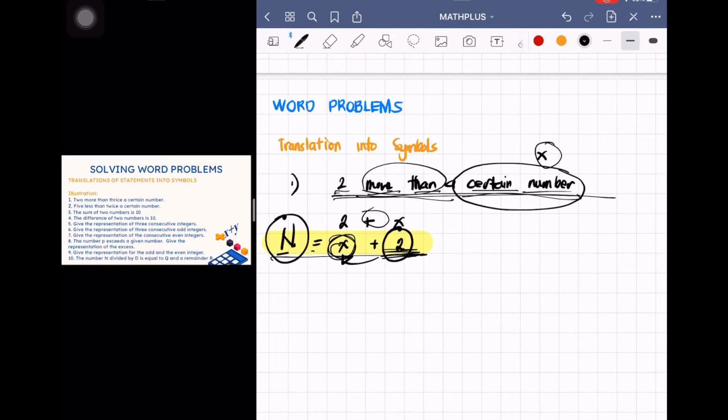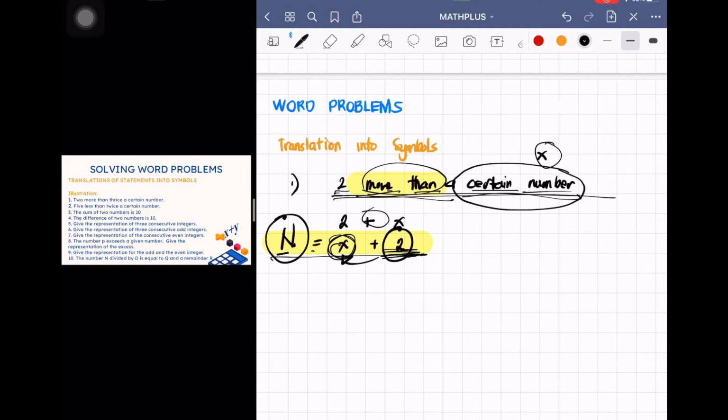It could give you an incorrect way of translation. Halimbawa, wala tayong problema kapag addition, 'di ba? Kapag more than, there's no problem with more than because it's addition. Hindi critical yung sign kapag addition kasi it doesn't change the sign naman of the value of the